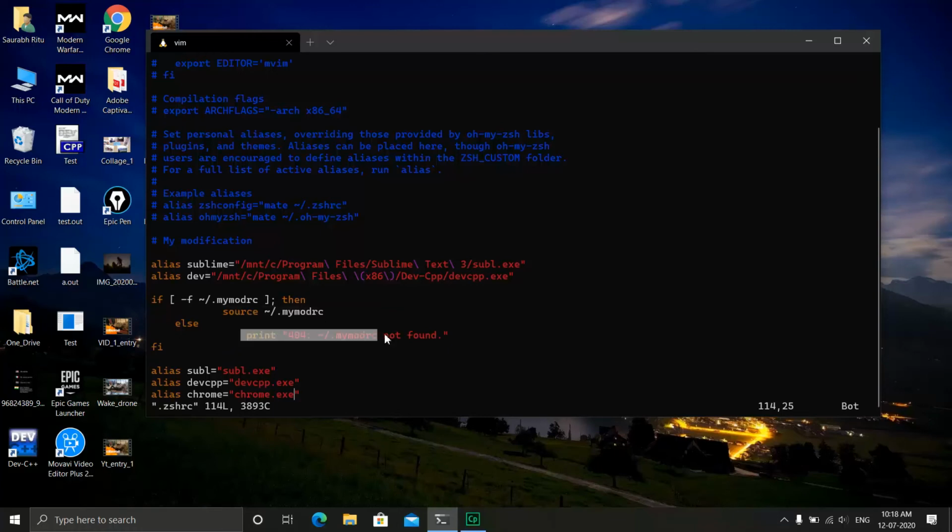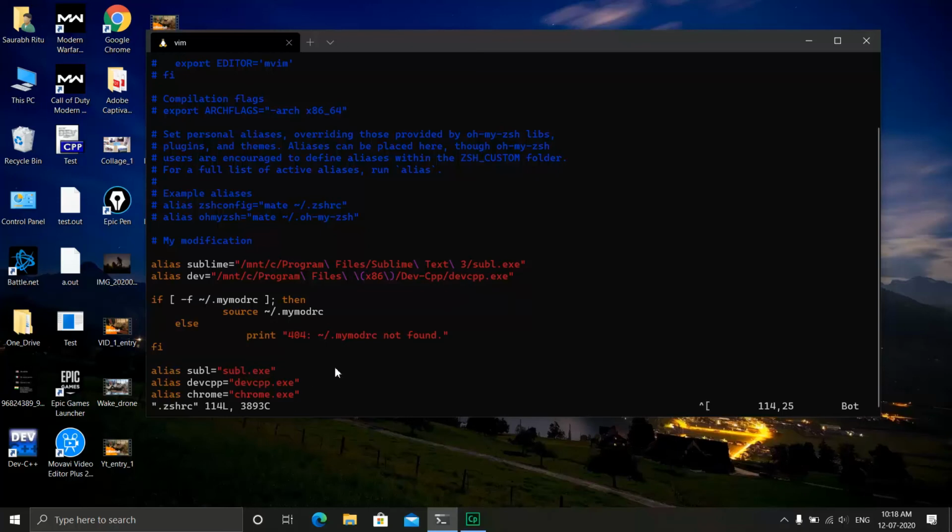Otherwise it will show an error message that the file was not found. After adding this, you have to write subl.exe to open Sublime Text, but I do not want to include the .exe extension every time, so I have already created an alias subl to execute subl.exe.